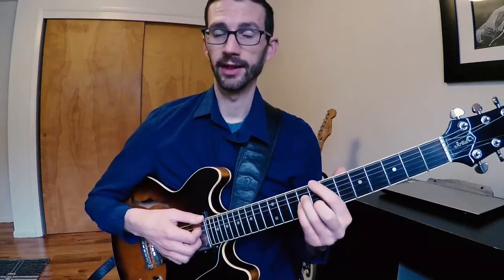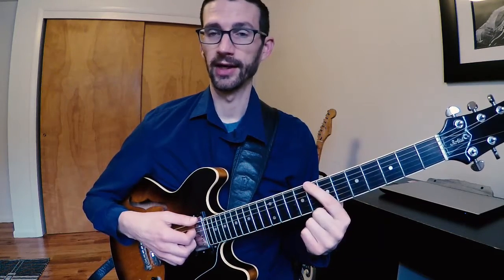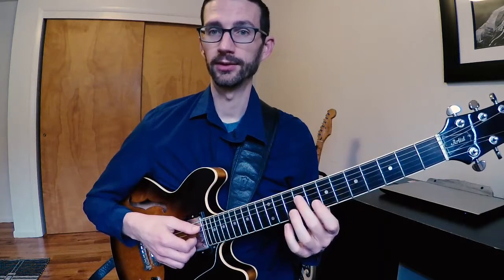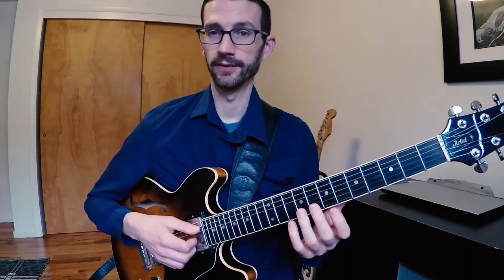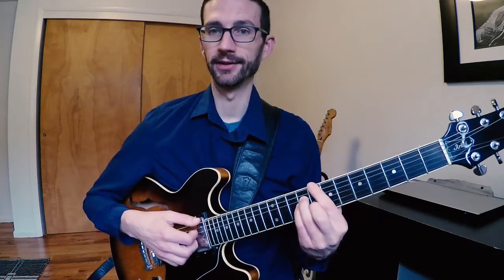We can do that same thing up here, really starting at the 8th fret, but I'm going to use the 9th fret here to play most of these arpeggios, but it's going to be the same idea. So we're starting with a C major 7 arpeggio,